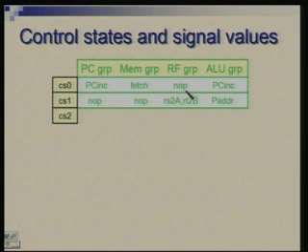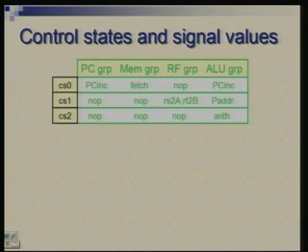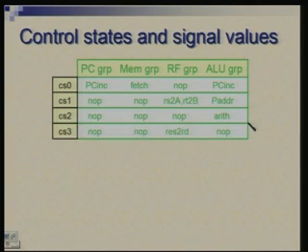In CS1, I am fetching these operands and calculating the branch address. In CS2, this is the first distinct state for R class instruction. So, I perform the arithmetic operation here, and so the R class instructions go through CS0, CS1, CS2 and CS3. In CS3 the value gets written, and all those which I want to keep inactive, you will find there is a no operation there. So, here the result is being written into the register file.